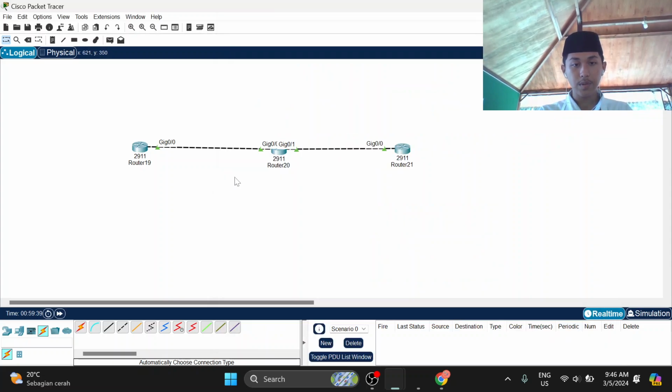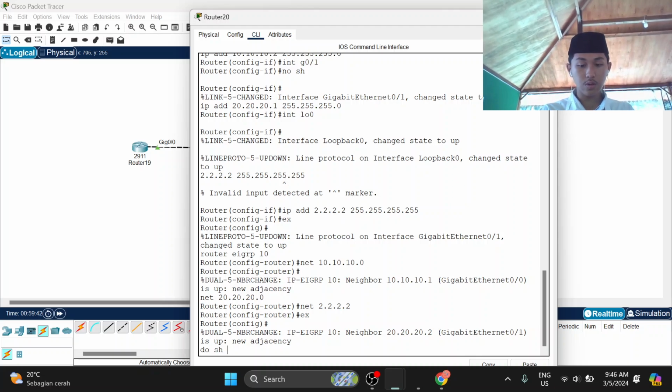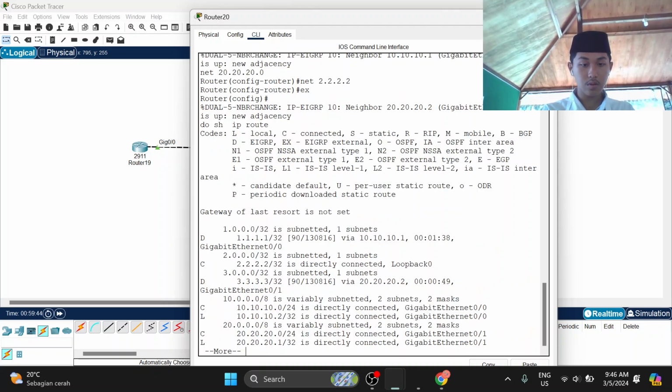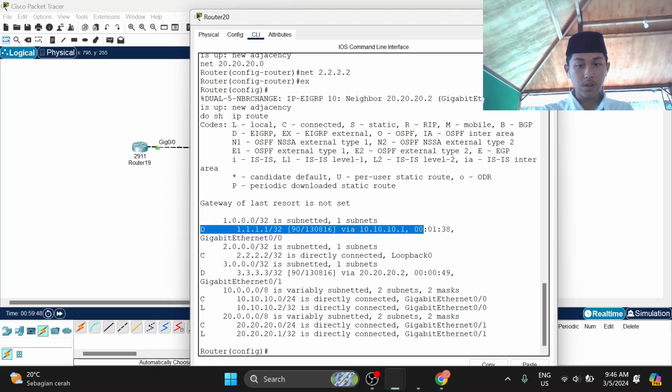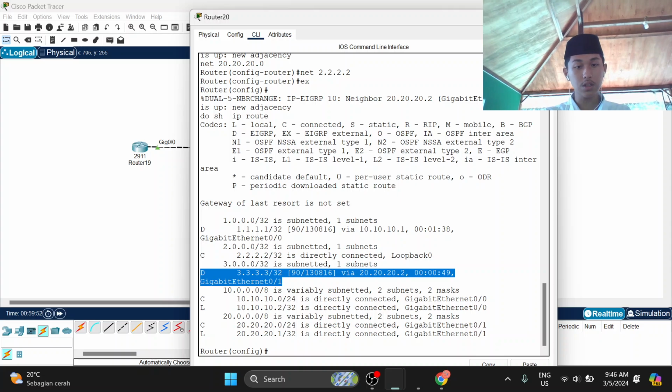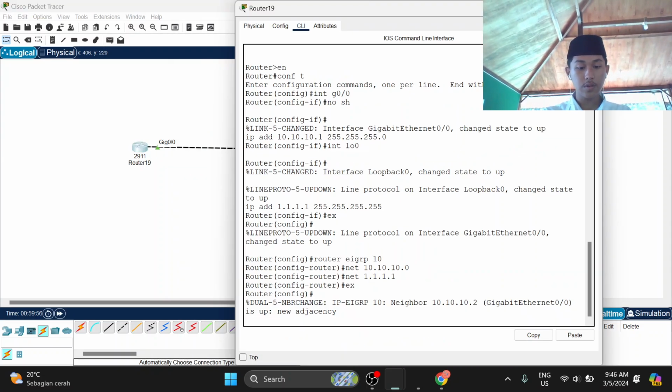Let's check it also here, do show ip route. As you can see, the interface loopback of our first router and the interface loopback of our second router. Again here, do show ip route.